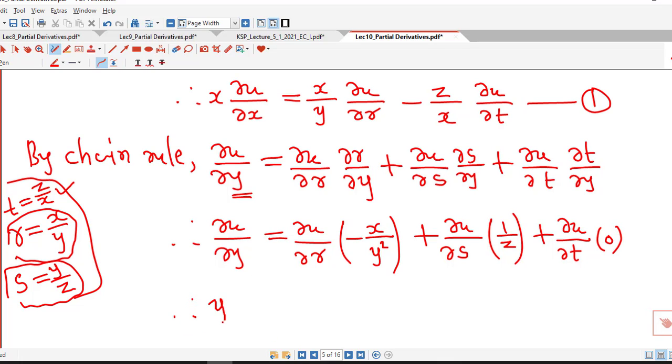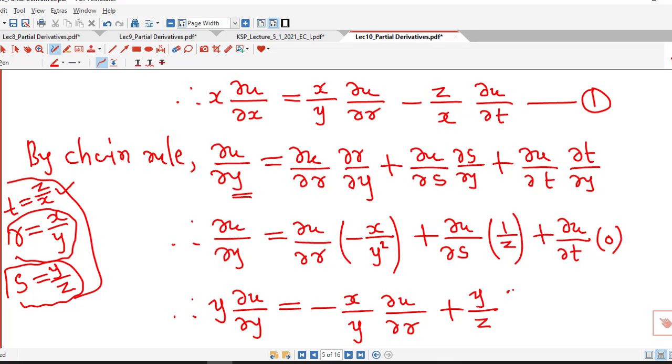And here we have to multiply both sides with y and we simplify. Here 1 y will cancel out, so we can write this as minus x by y del u by del r, and here y by z del u by del s, and this becomes 0. So we give this number 1,